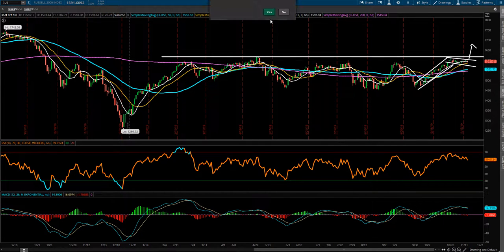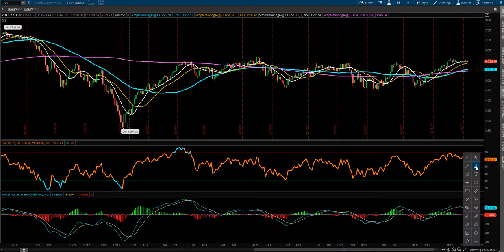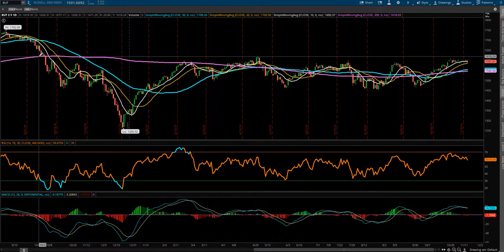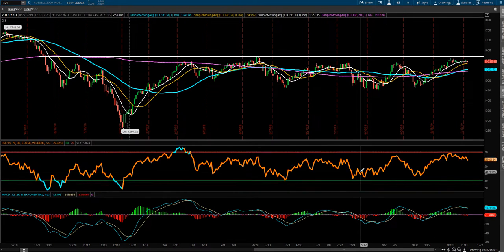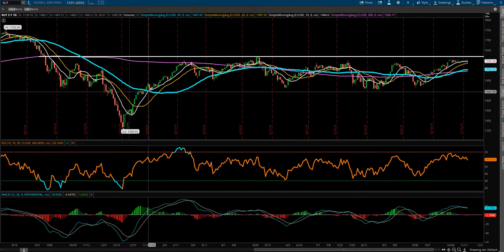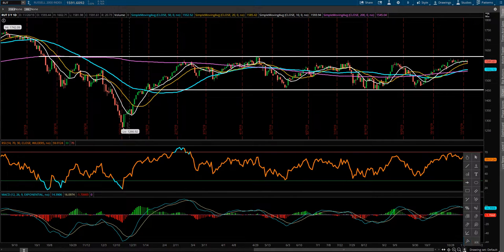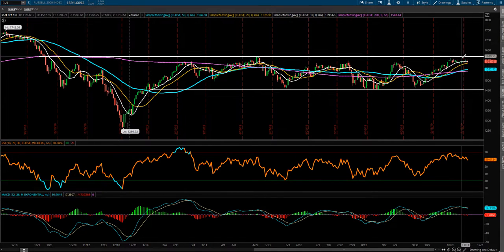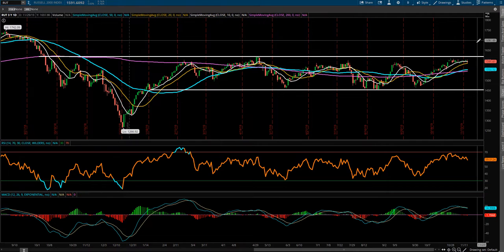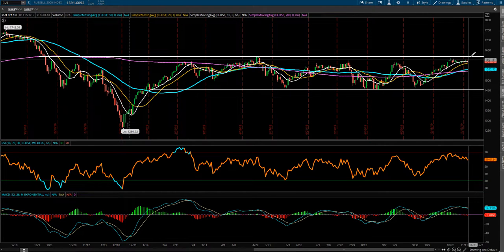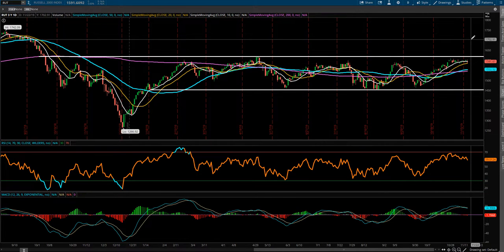And again, this is an area of the market I've continued to talk about. I think it's a key. I don't think we have a really good opportunity for the rest of the indexes to continue to rocket higher without participation from the mid and small caps. So what happens right here may be the most important signal for me moving forward over the next couple of weeks. If we do get that break on the Russell here to the upside, I think that would confirm that we have a good potential here for a strong finish to the year.